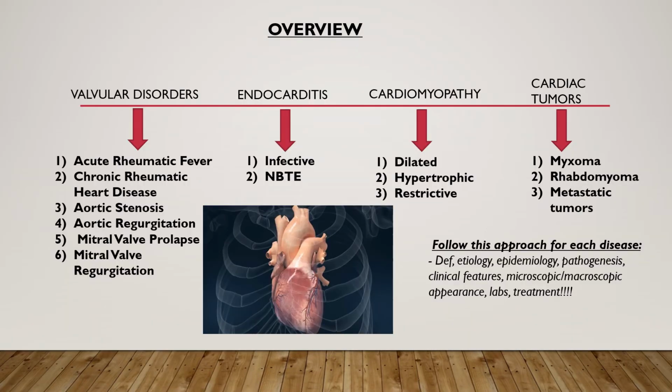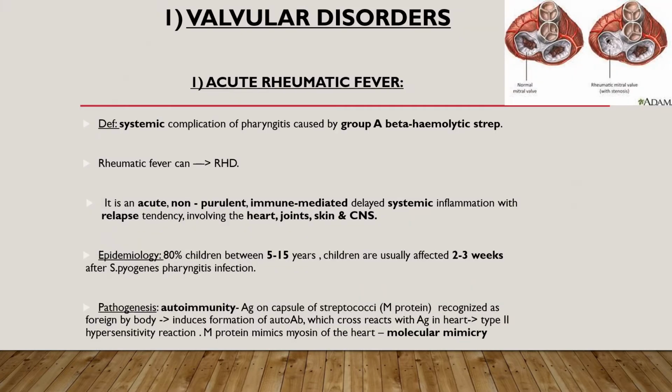So this is just an overview of the different types of valvular disorders we have, types of endocarditis, and different features which we will go through in more detail when we get to that slide, the different types of cardiomyopathy, and the types of cardiac tumours. I've tried to include the most high-yield information in this presentation, which is crucial for you to know when you're studying for pathology. So starting off with valvular disorders, there are different types, and I'd like to start off with